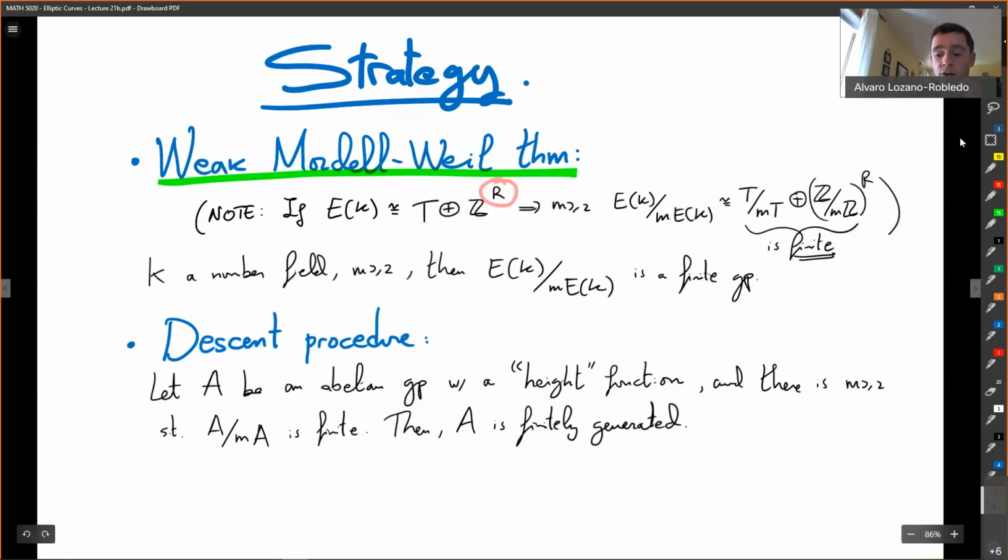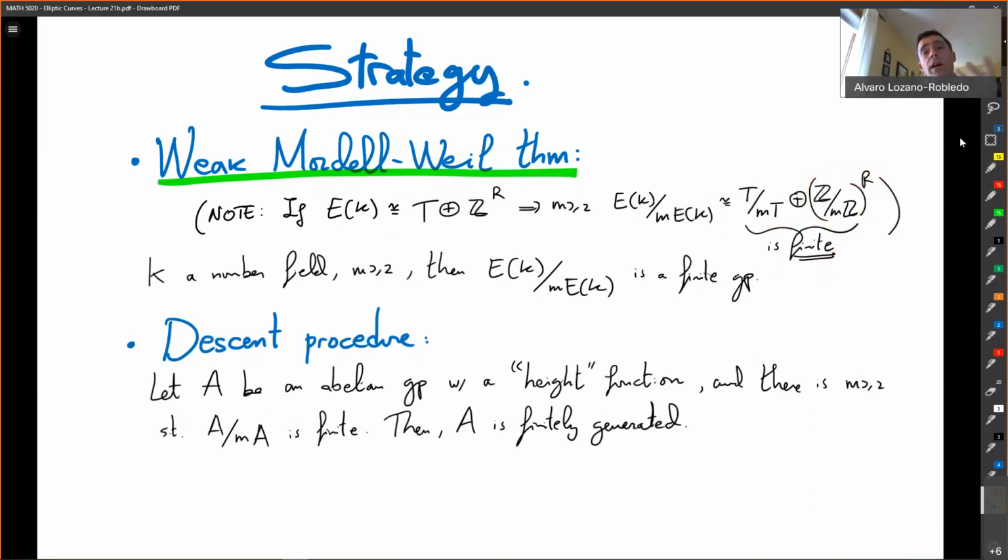The hard part is getting your hands on the R. But you see that the R survives quotients. When you do E mod m, you have a torsion modulo m, whatever, I can compute that, no problem. But in this finite group, there are R copies of Z mod m. If I am able to get my hands on the copies and the number of copies, then I have a